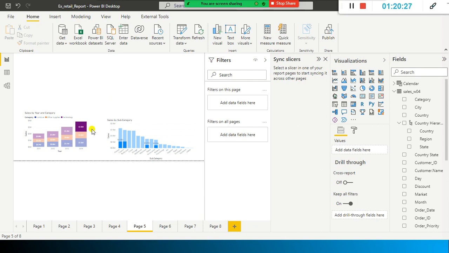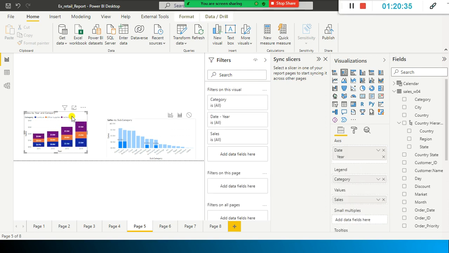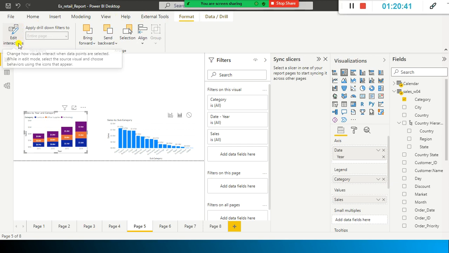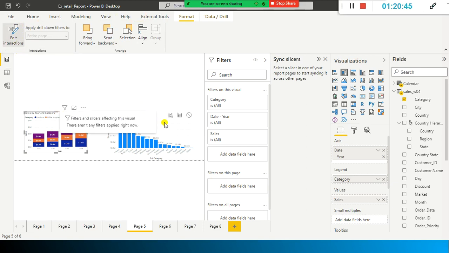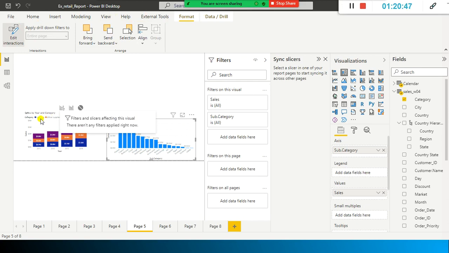So one is highlighting, which is the default one. What I do is I'll select everything. If you select in the empty place inside the visual, you will see everything, the default thing, and I just enable it. Okay, I enable this one, and I select here. I already selected edit interactions.